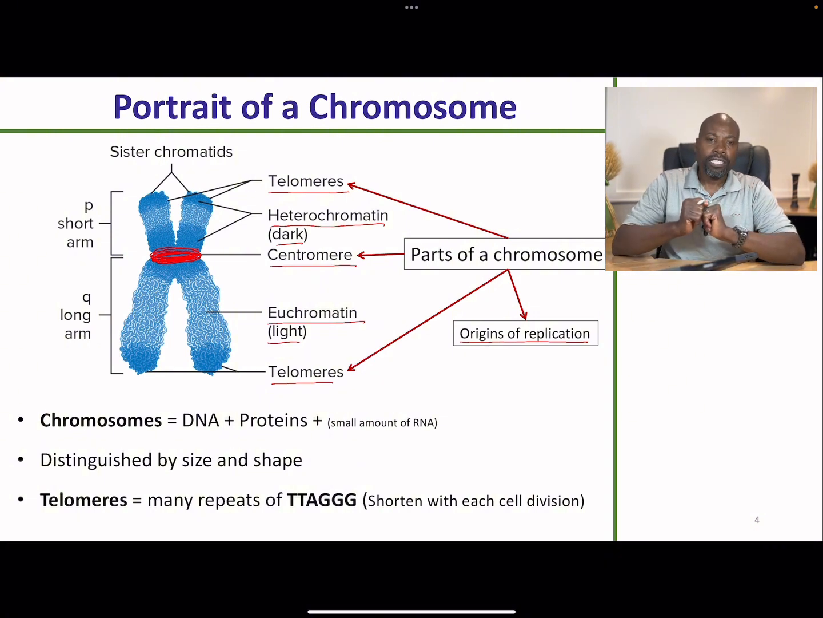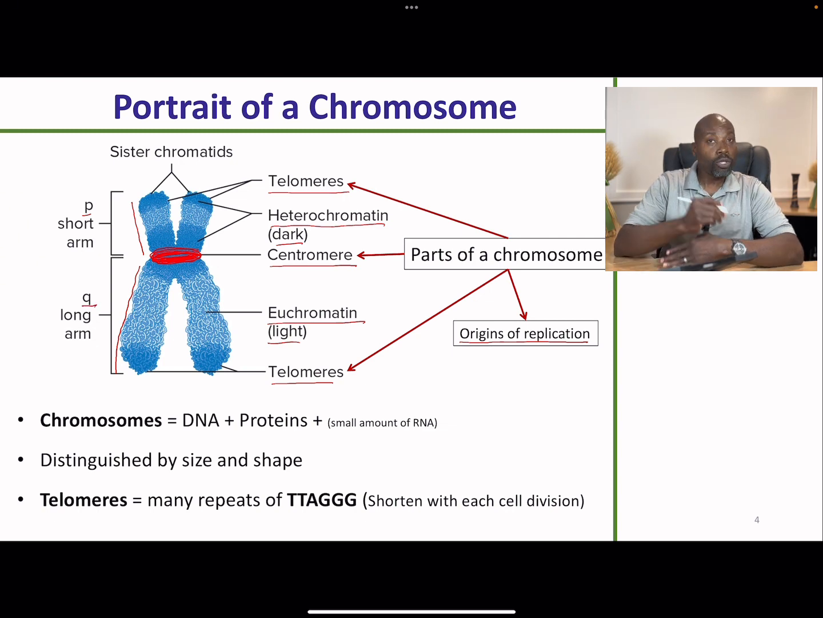Then, other aspects. When we look at chromosomes, and particularly after replication, we look at the centromere, and we see that chromosomes are organized in such a way that you have long arms and short arms. The short arms on the chromosomes are called P arms, while the long arms of a chromosome are called Q arms,